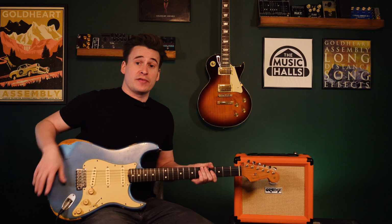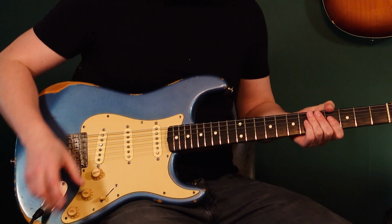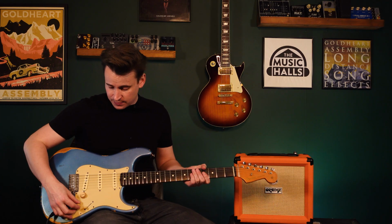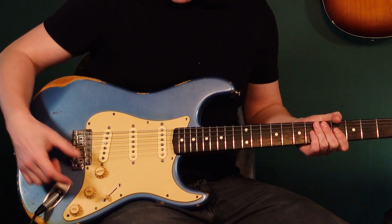So we're actually going to start with the guitar first. Now, I want to make sure your volume is all the way up to its maximum setting of 10, and the same with your tone controls. Don't worry if you only have one, just make sure it's maxed out. And then we're also going to make sure that the pickup selector is selected all the way down to the